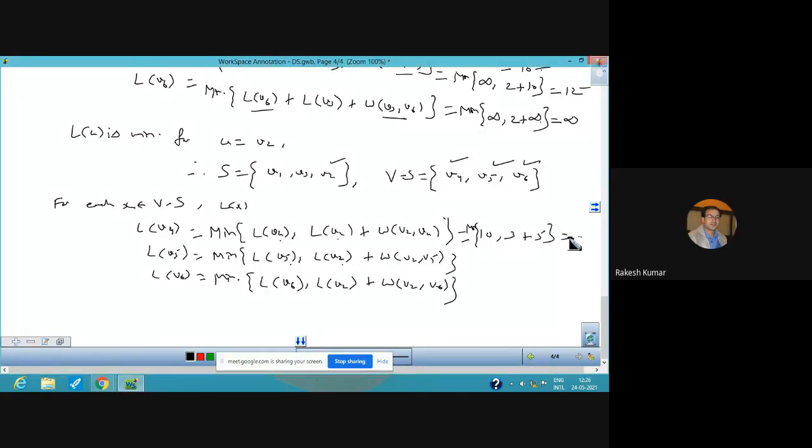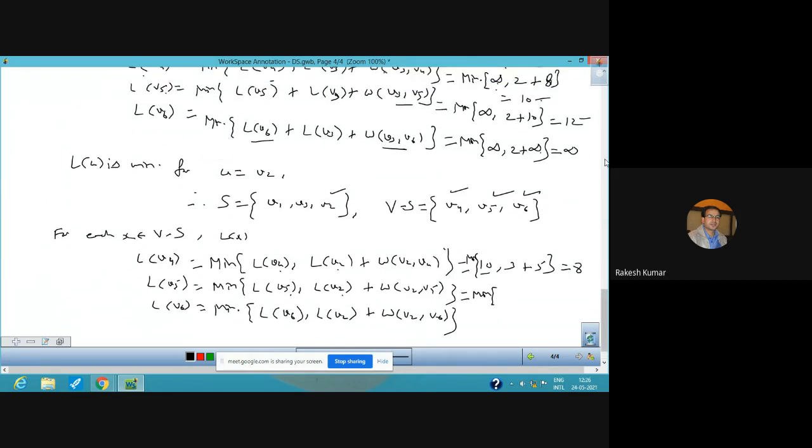So it is clear. The minimum between 10 and 8 will be 8. Now in the next step, minimum of L(V5), which we calculated in the previous step, that was 12, and L(V2) is 3, that is same, and weight between V2 and V5. There is no direct edge between V2 and V5, so weight is infinity, and the minimum value between 12 and infinity is 12, and the next will be minimum of L(V6), that is infinity, and 3, and